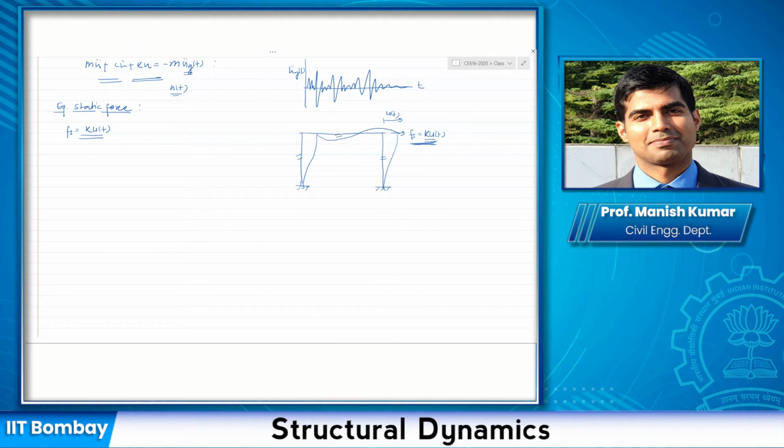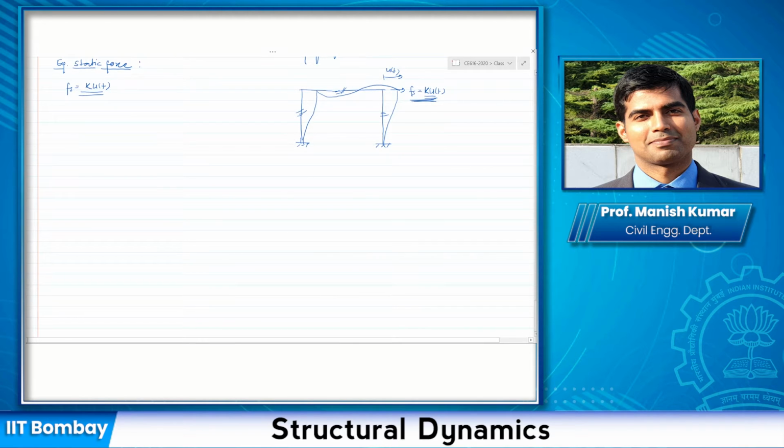Okay, so at any time instant, I find out the displacement using the dynamic method. Once the displacement is known, I apply the equivalent static force and do the static analysis to find out the forces in the beams and columns. Now, subject to this equivalent static force, typically the response quantities that need to be found are the base shear at that time instant and the base moment. And that I can easily do by writing V_b(t) as f_s(t).